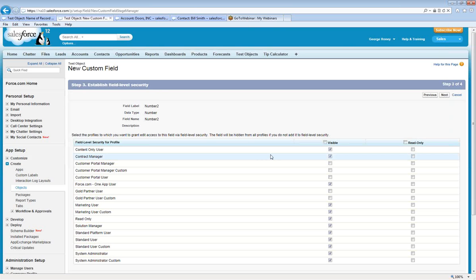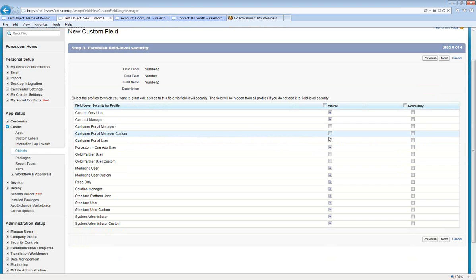And so here in Enterprise Edition, you get to decide what profiles you want to make it visible to. And if I were to make this a required field, then read-only would not be available to me. So I can make this visible to any or all profiles, and I can even turn it off for some. So maybe I don't want the read-only profile or the marketing user custom to even see this field. If I turn those off, they don't even know that field exists. When we click Next,